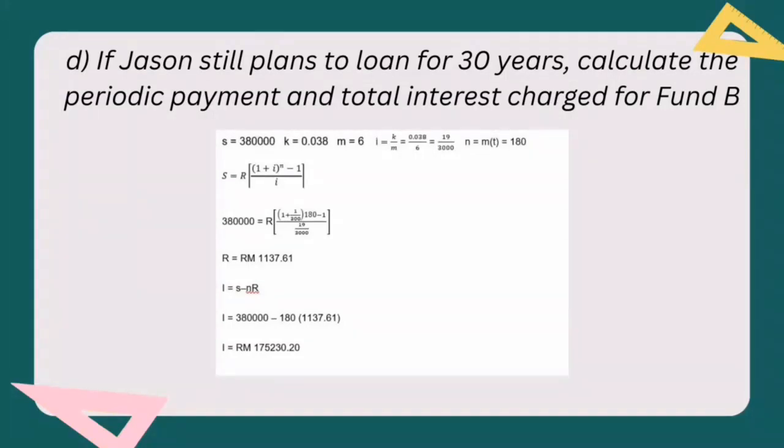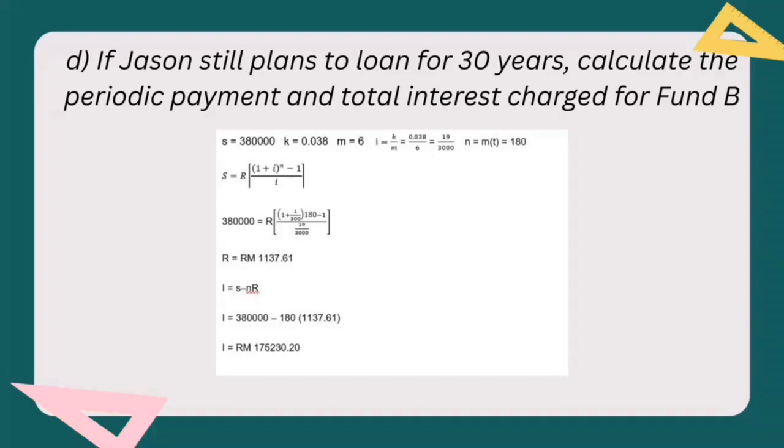The formula is S equals R in bracket 1 plus i to the power of n minus 1, over i. Then we insert the values given. Before we find the I, we must find the R. So we use the future value formula. So the answer for R is